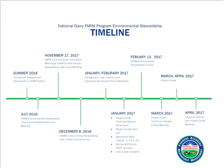And those are available in the Resources tab after you've logged into the farm database. We're in the process of redoing our website, and those will also be available on the Environment page of our website here shortly. So once you get your footprint results, so we talked about the user guide, once you get your footprint results,